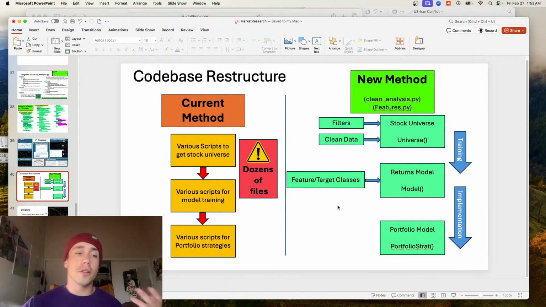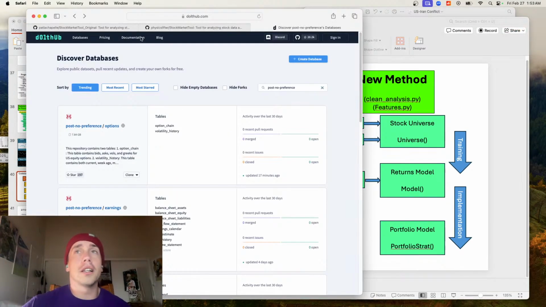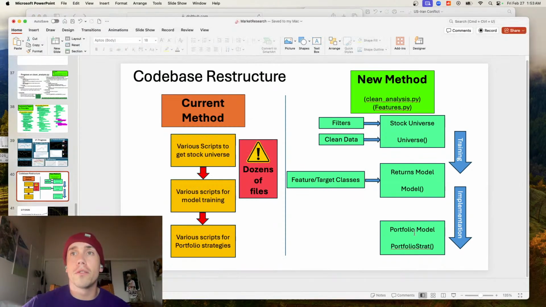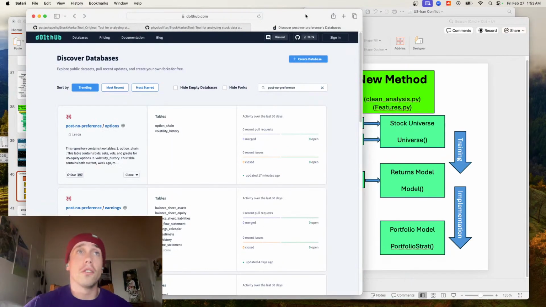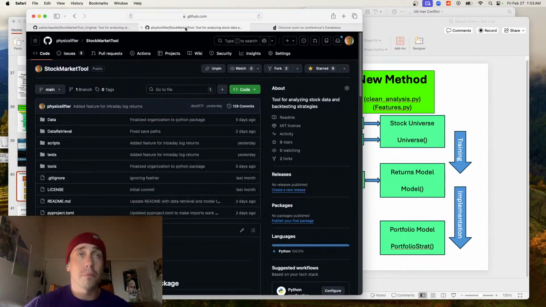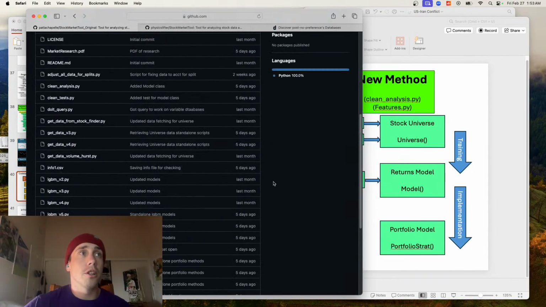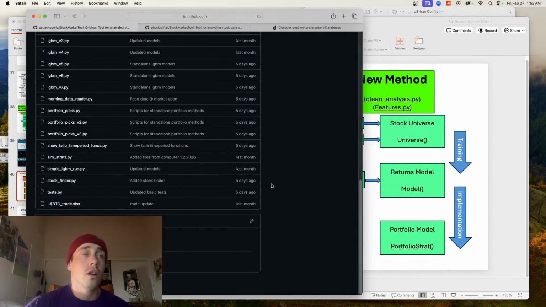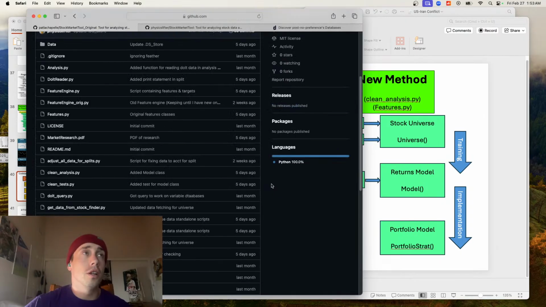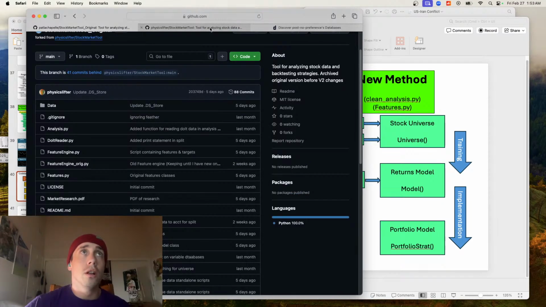And yeah, so then I got the returns model. And so I decided this is good enough for now. I'm going to leave the portfolio model for later until I could get a returns model that's getting 53 or 54% is my goal. And so you can see here, this is the original database I forked on my other profile. And it's huge and not really usable.